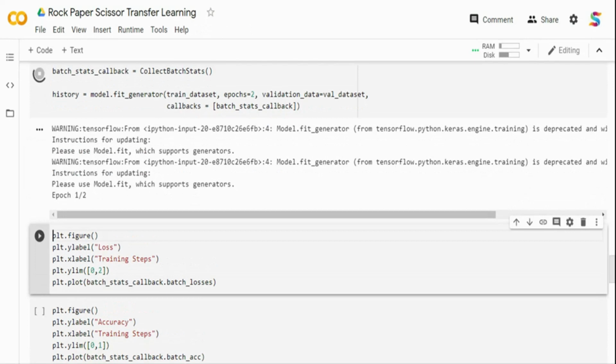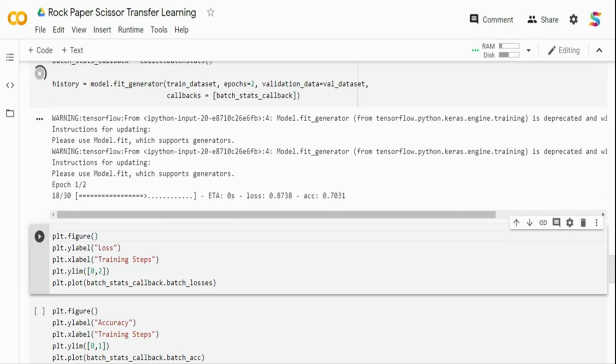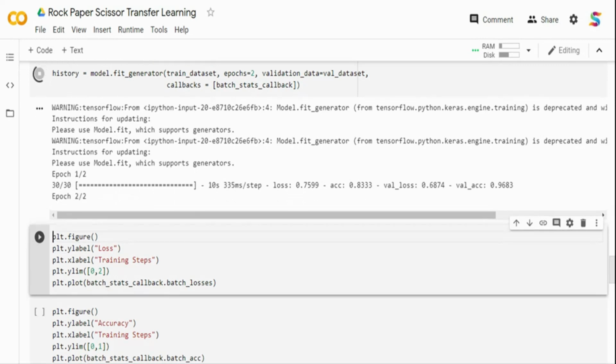Now, in this case, if you see, we really did not define any model architecture at all, right? We just took a pre-existing model, we made it trainable false, and we just attached our classification head. Now I'm going to pass my rock paper scissors dataset to it. That is my train dataset, and my validation dataset will be validating it against every epoch. And then finally, I'm just going to see how my model is performing.